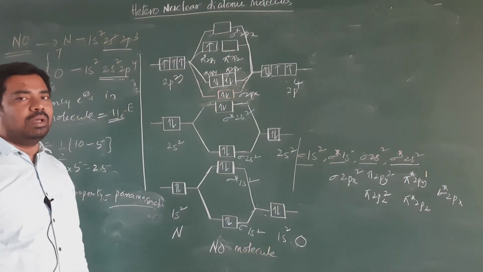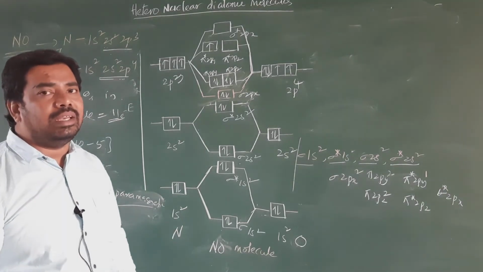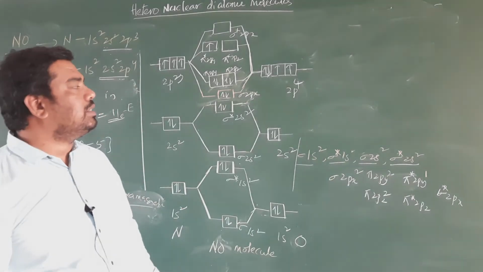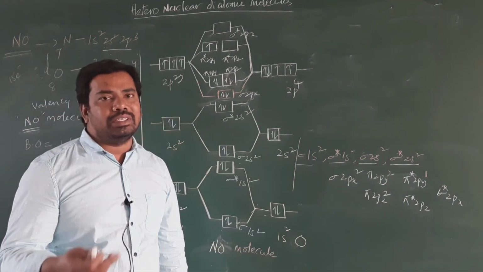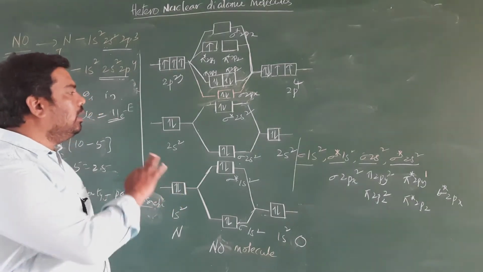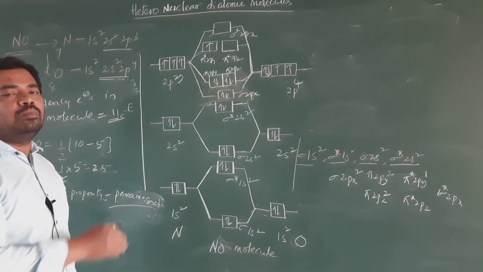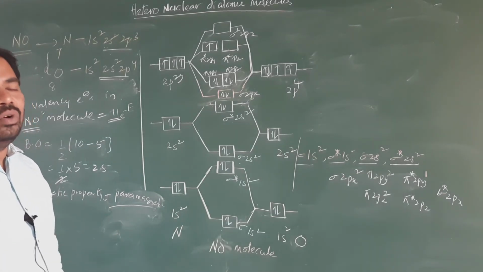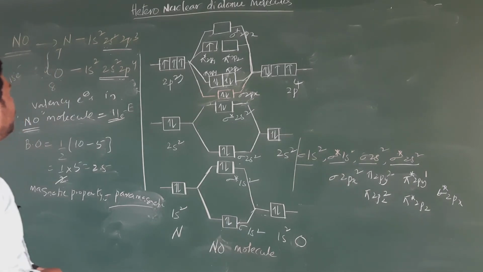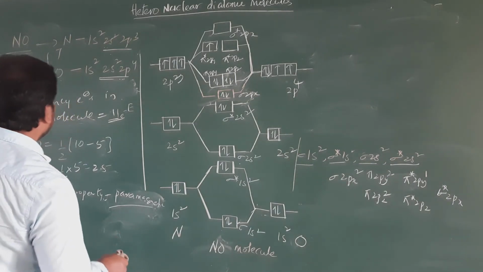Please remember, before, in the case of CN minus, NO plus and CO molecules, the 2p electrons enter into the pi 2py and pi 2pz, then enter into the sigma 2px level. Okay, clear? So these are the examples of CO, CN minus, NO plus and the NO molecule. Clear? Then we will move to the last example of